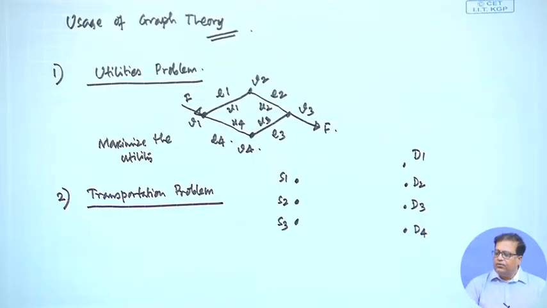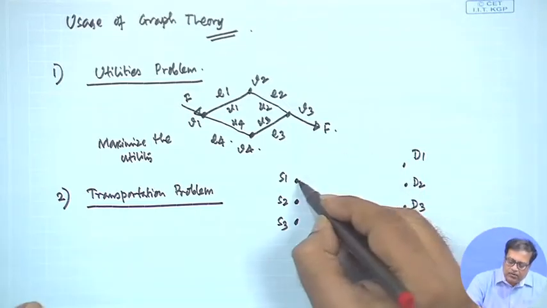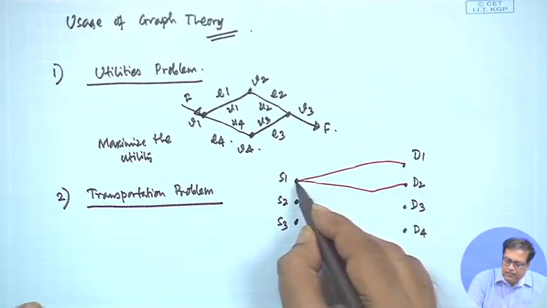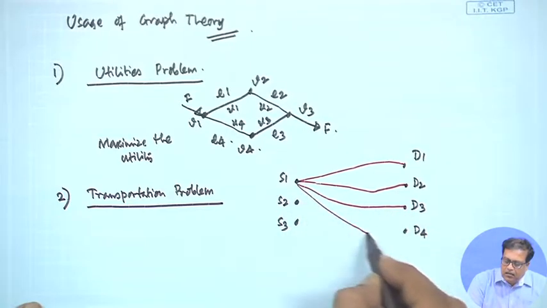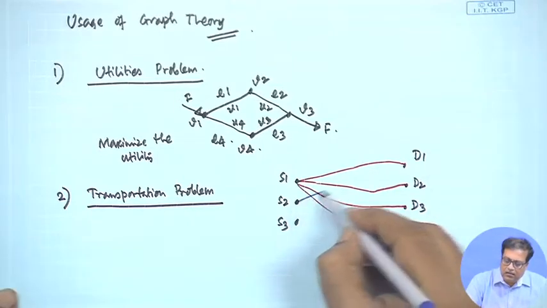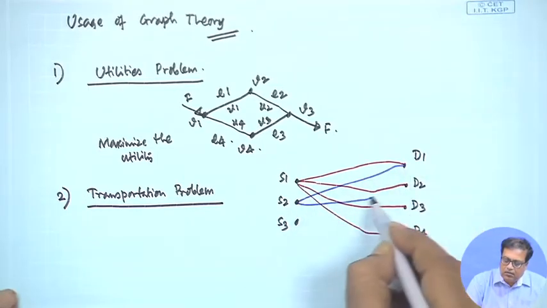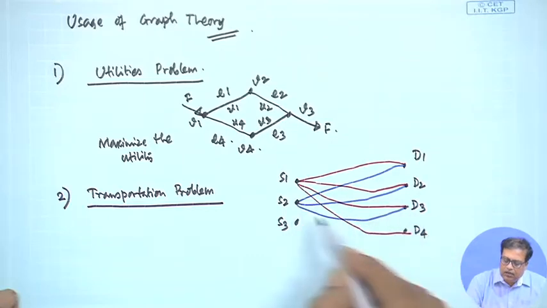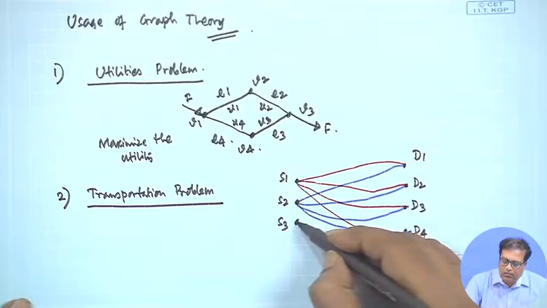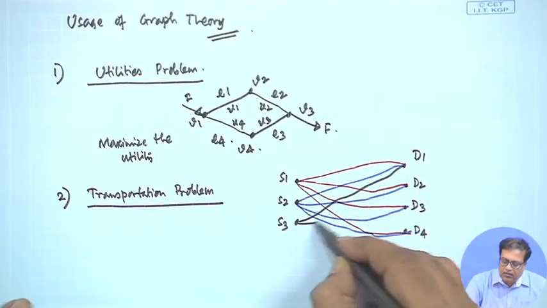And what we have to do, we have to send materials from source to the destinations, and there are different paths that are available, right. So, I am drawing in different colors so that it does not become too juxtaposed. So, these are S1, S2 and then from S3 as well,